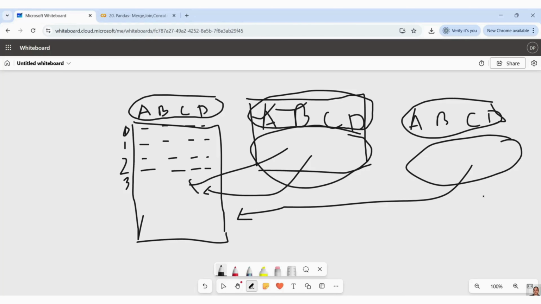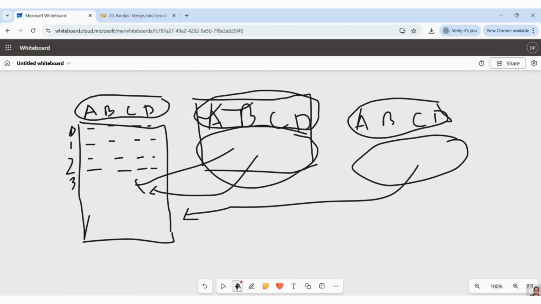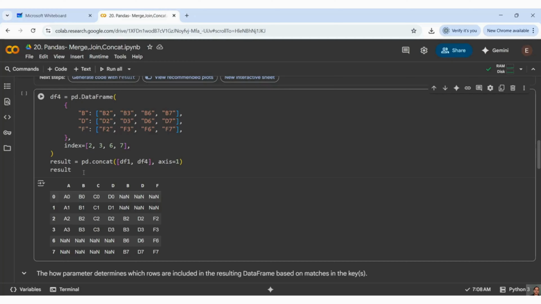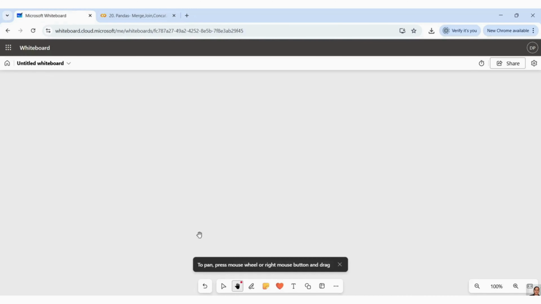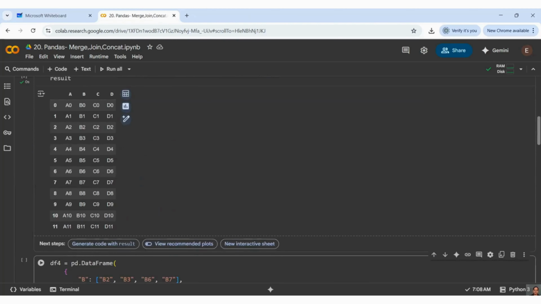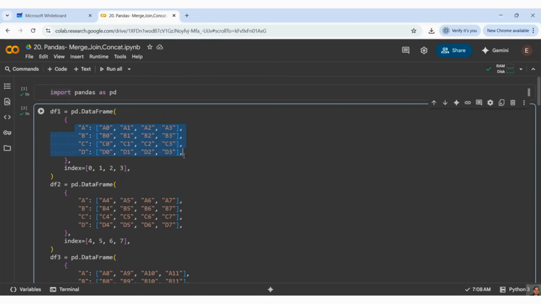Now let me draw this table. Let me take what I'm concatenating, DF1 and DF2. Let me copy this over here.